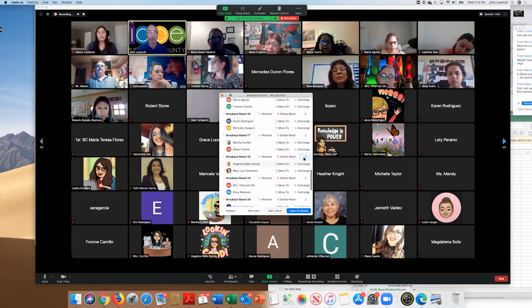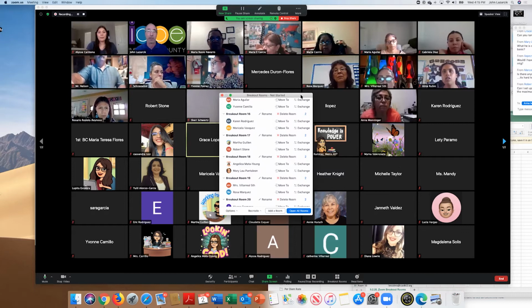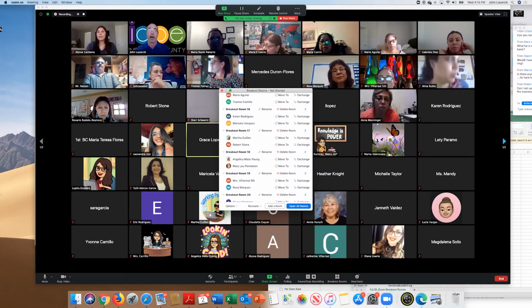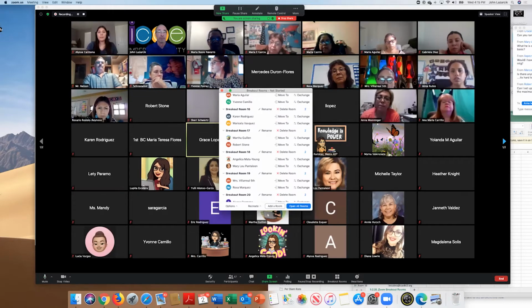So I can join any breakout room at any time that I want. I know there's been some talk about, well, I'm really worried about putting kids in the breakout rooms because I can't see them. Zoom is working on an option where, in another window, if you set up like 10 breakout rooms, you'll be able to see those 10 breakout rooms from the main room. That would be a game changer, I think, for teachers. But you know what? I liken it, when I was a teacher, I taught for 20 years and I put kids in groups. I wasn't with every group at the same time, right? I was with one group at a time. So it's kind of the same thing.